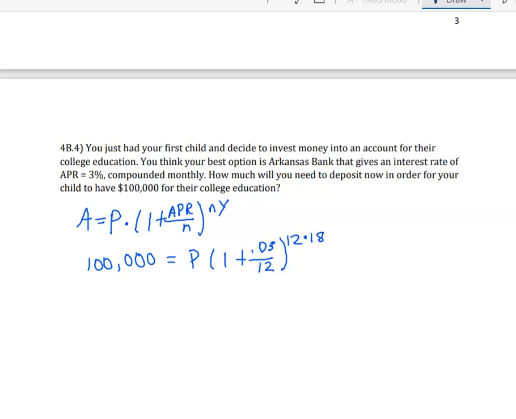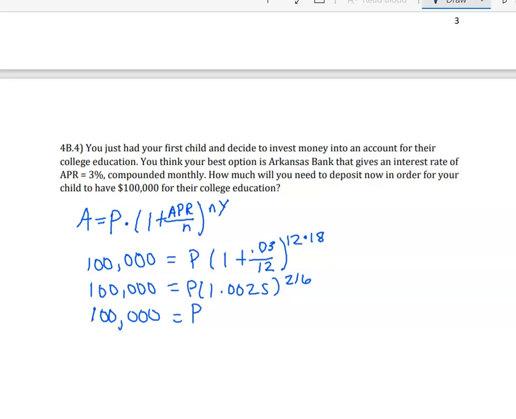years. If you're going to work this problem, the first thing you're going to need to do is kind of consolidate all this stuff. Okay, so you could do several steps here. I went ahead and figured out just the part in the parentheses, so that would be 1.0025 if you do 1 plus 0.03 over 12. Got to make sure you type it in exactly like that or you're not going to get it. Then I went ahead and said 12 times 18 is 216 and got that finished. So then I've got 100,000 is equal to P,